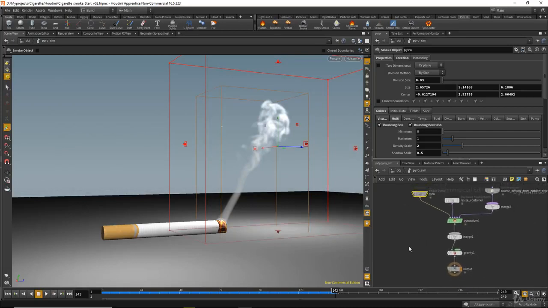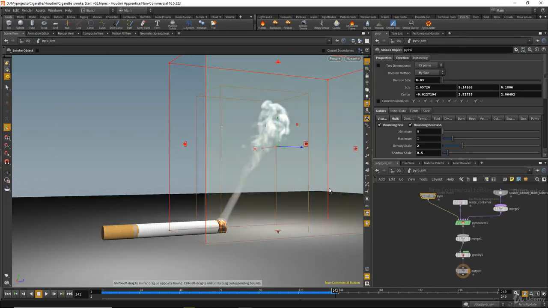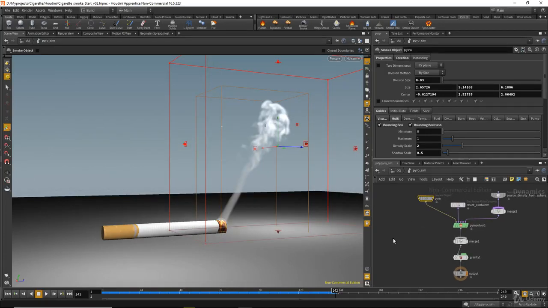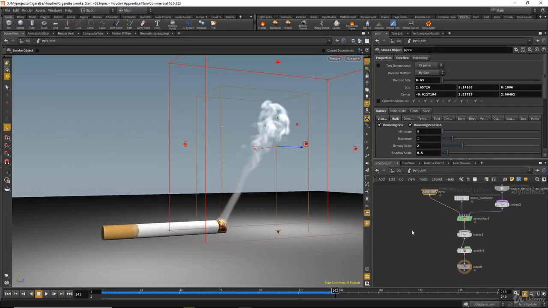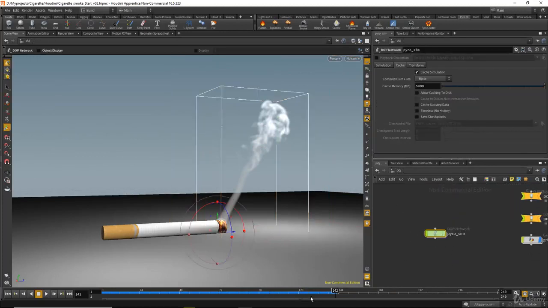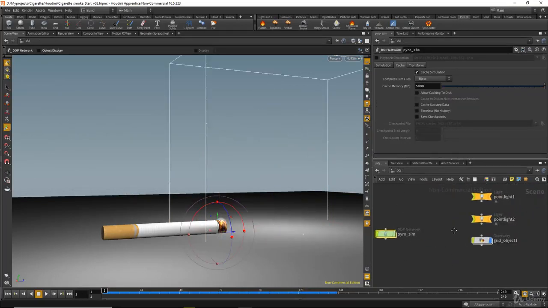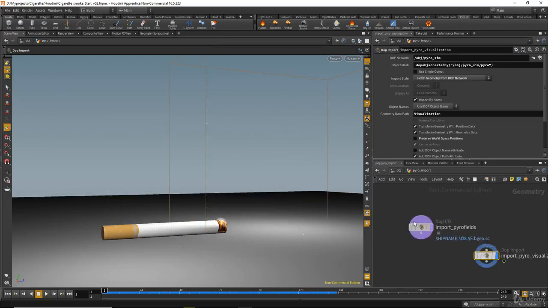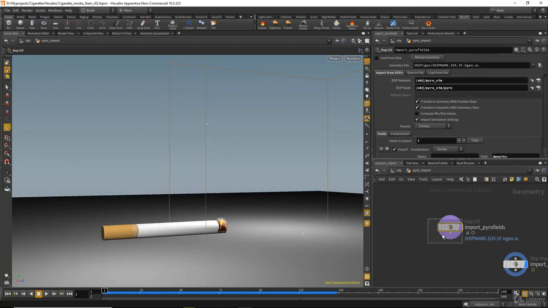The reason is I am caching the file or the simulation on the disk because, say for example, you finished your scene now and you save the file and you open the file tomorrow, for example, you will not see this cache. Okay, so that's why I will cache the file on the disk. So we can do that by going to pyro import, and of course remember you need to cache this purple flag. Okay, so I will select that,